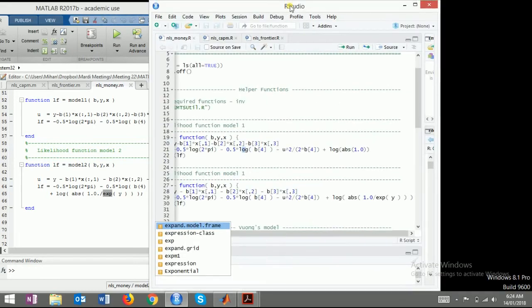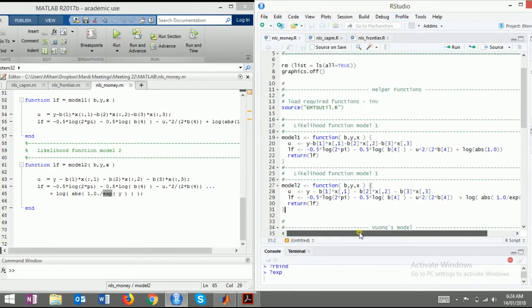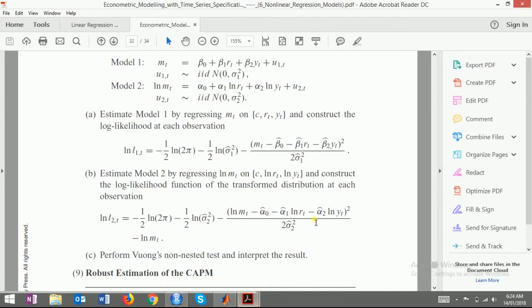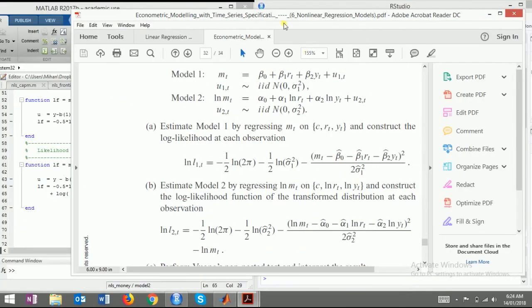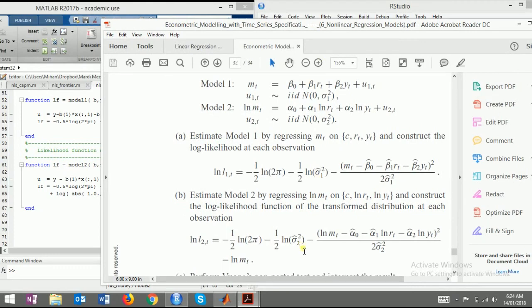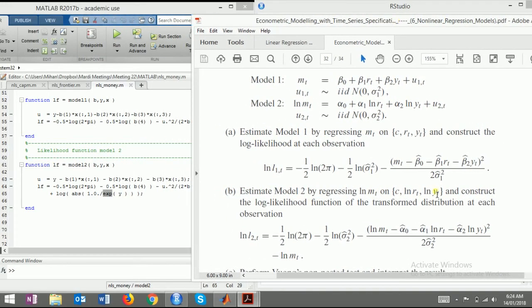Oh, exp is exponential of y. I'm sorry, exp is exponential of y. So basically, sigma square, half log sigma square, then half log over sigma square. We are representing sigma square as beta 4 because we want our system to estimate that. Then we are seeing u square because this whole thing is u. So u square by 2 beta 4